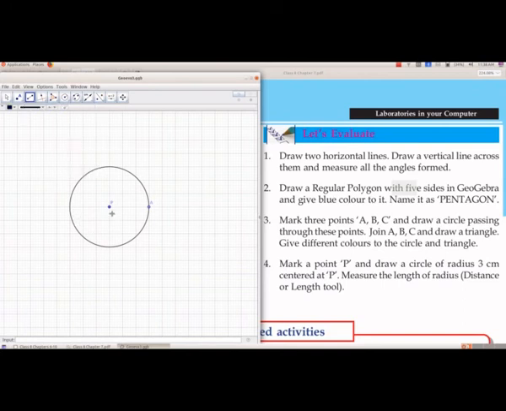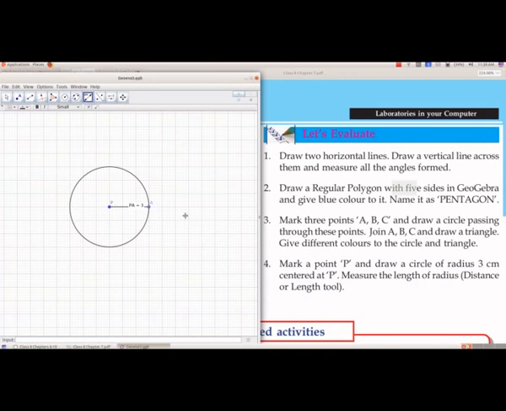And now from group 3, we have to select segment, and then we have to select the center, that is P. Then move the mouse and click on the point A. So now we got the segment passing through A and P. And now from group 8, we have to select distance or length. Again, we have to select the point P. Then we have to select the point A.